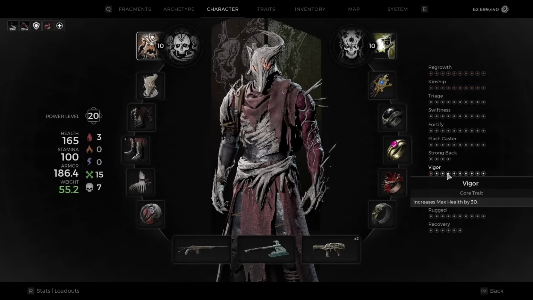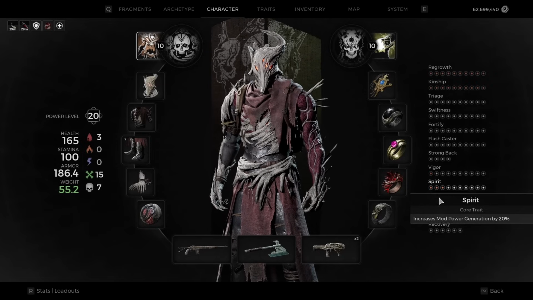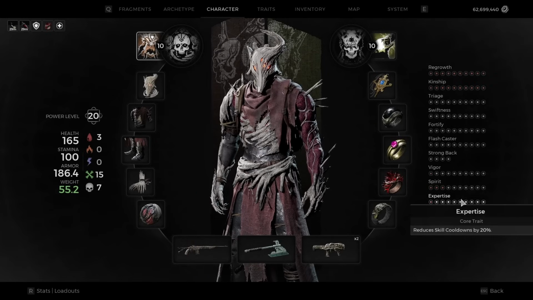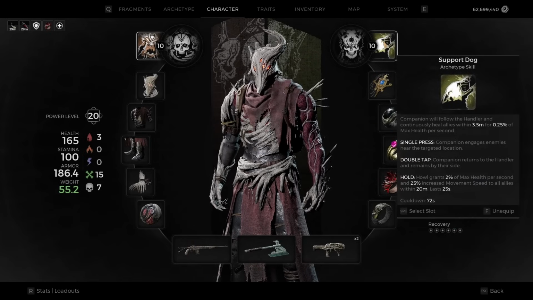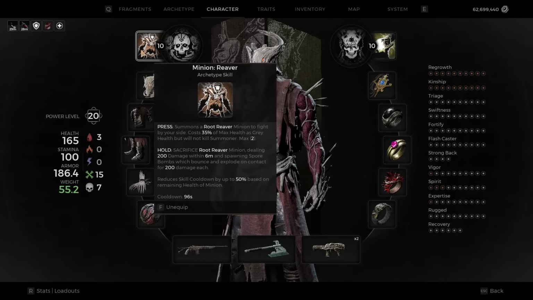We have maxed out vigor because HP is very important. Then we have spirit for mod generation because we want to spam this Nebula and familiar. Expertise because skill cooldowns are mostly used for the support dog, but in case one of your Reavers has died or you exploded them by mistake or they cannot enter the boss arena for some reason,